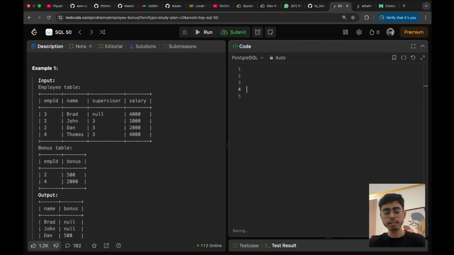So I'll say from employee table as E left join. Why? Because I need to get all the employees from the employee table. But if some bonus is not there for an employee, then I can skip the right table entries. So that's why left join, because left table is employee table. Left join bonus as B on E dot employee ID is equal to B dot employee ID,